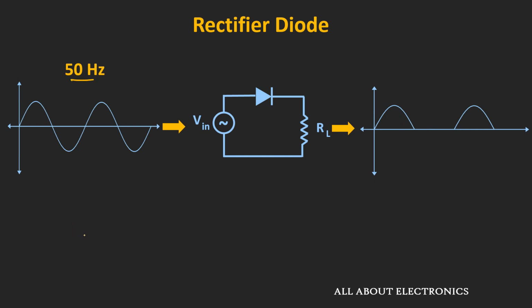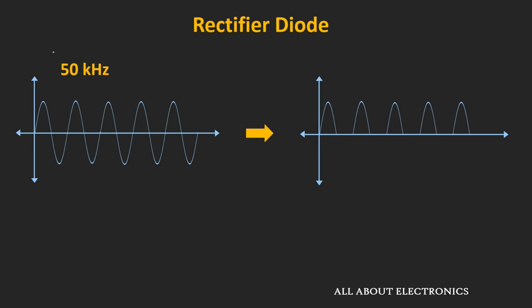But now suppose we increase the frequency, and let's say we operate the circuit at 50 kHz, then we should get this kind of waveform. But actually if you see, this diode won't be able to suppress the negative half cycle, and rather during the negative half cycle we will get this kind of waveform, because the reverse recovery time of the rectifier diode is large. And due to that, it will also conduct for some time in the negative half cycle. So that is why this rectifier diode will not work at high frequencies.